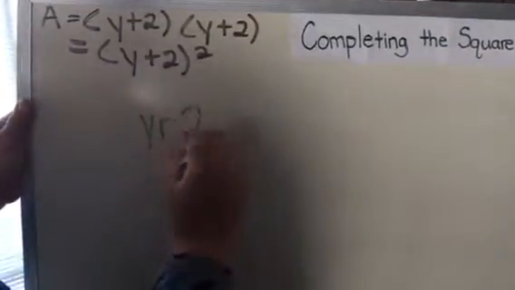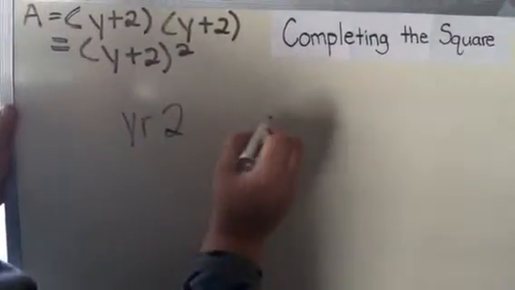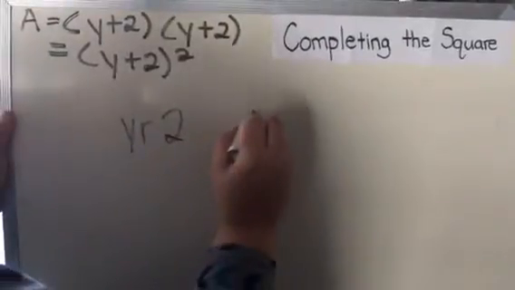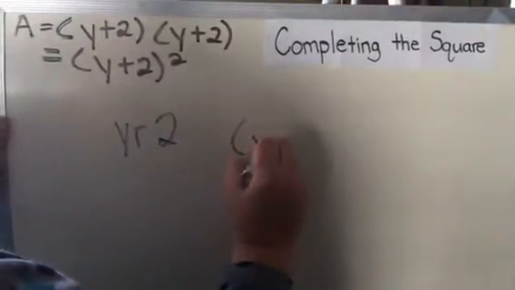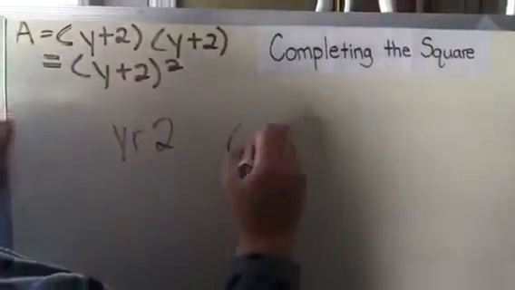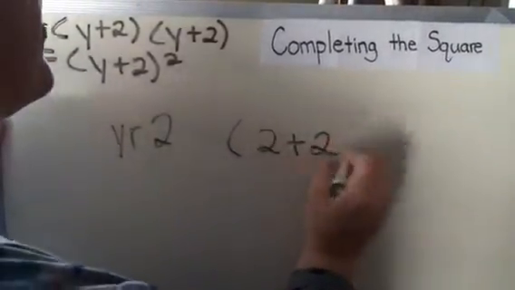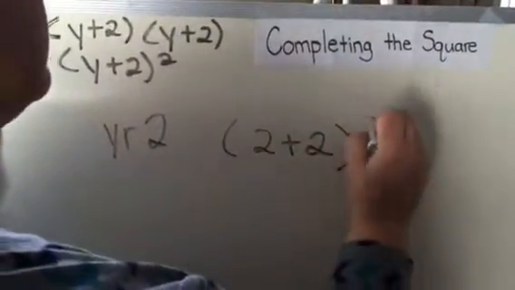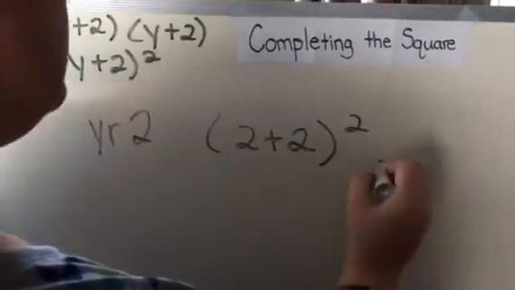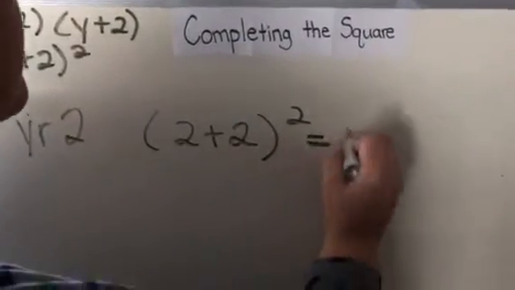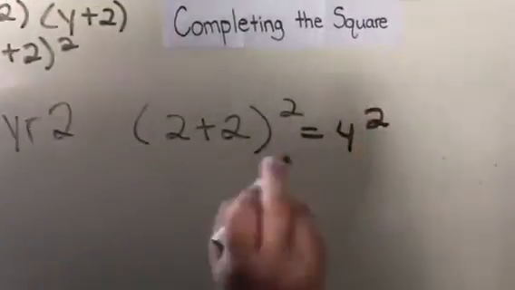Year 2. The year is 2 plus 2 squared, which equals 4 squared. If we go back to our table, we can see